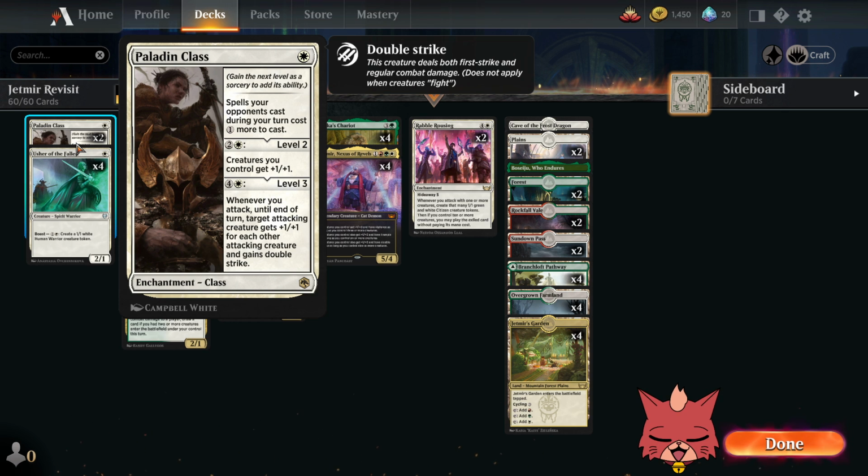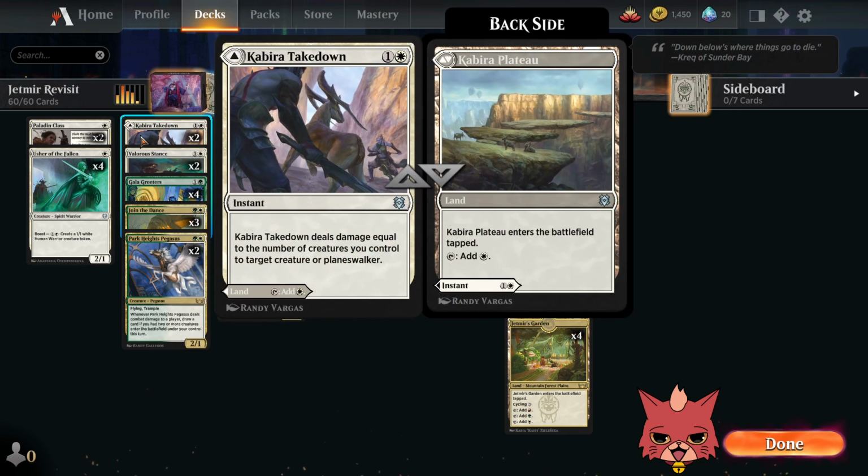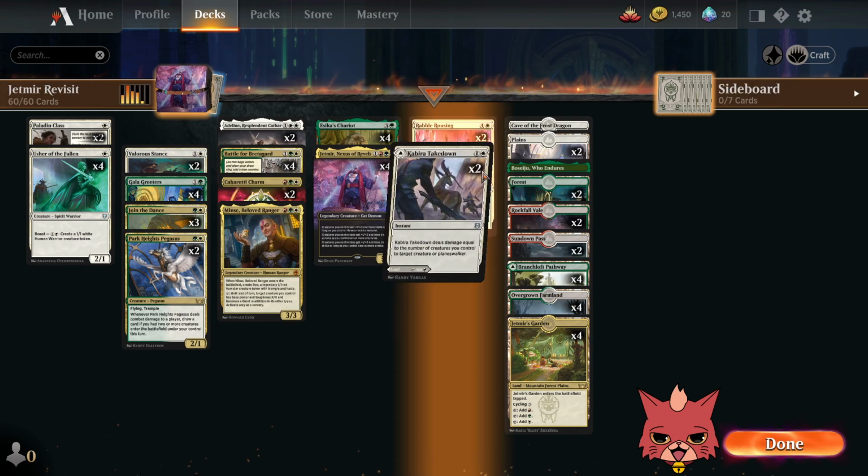Now, level 3 could be pretty good, too. I think it's often overlooked because it is 5 mana, but you get to 5 mana a lot nowadays, so level 3 is pretty spicy. And, of course, Usher, because of that boast ability, getting more creatures onto the board is going to be important with Jetmir. So 2 Kabira Takedowns, because it doubles as a land if we need it, so I'll drop it